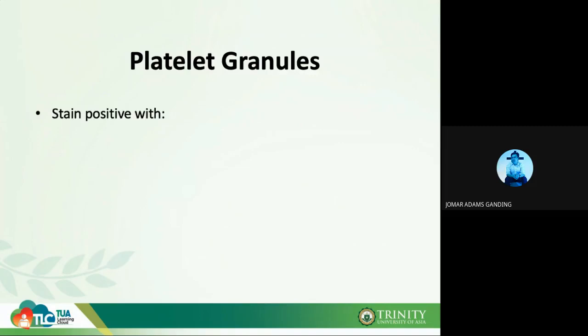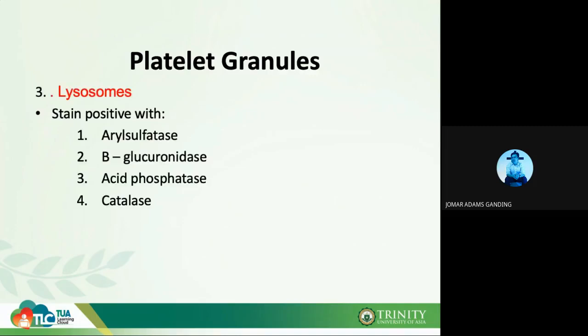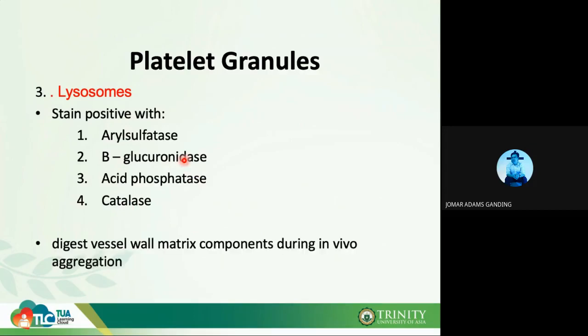So, your platelet granules, okay, ladies and gentlemen, also contain your lysosomes rather. Your lysosomes would stain positive with aryl sulfatase, with B-glucuronidase, your acid phosphatase, and your catalase. So, these are the different stains, the different components of your lysosomes. Okay, so their main goal or main objective within the cell is to digest the vessel wall matrix component during in vivo aggregation. Okay,